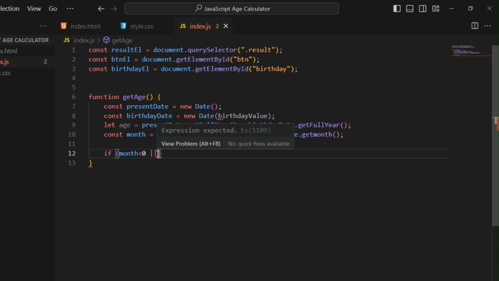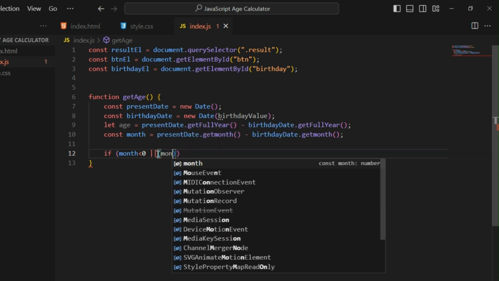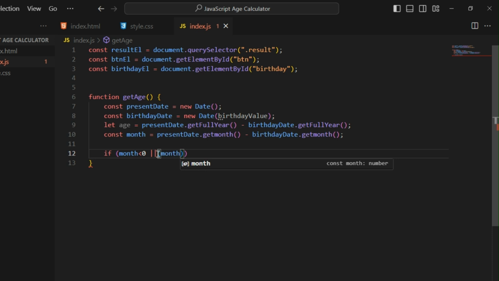So if month is less than 0, or the month strictly equal to 0. Again, this one means strictly equal when it compares two variables. So if the month is strictly equal to 0,